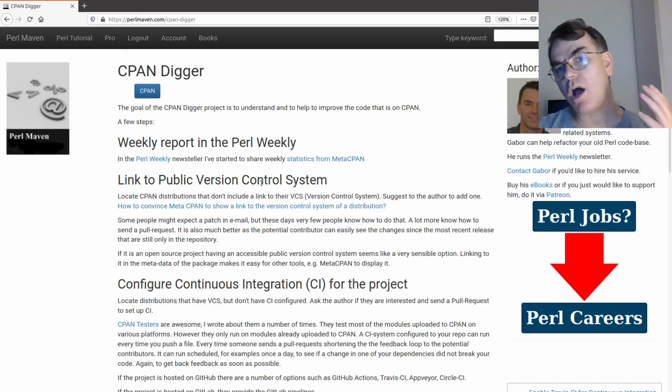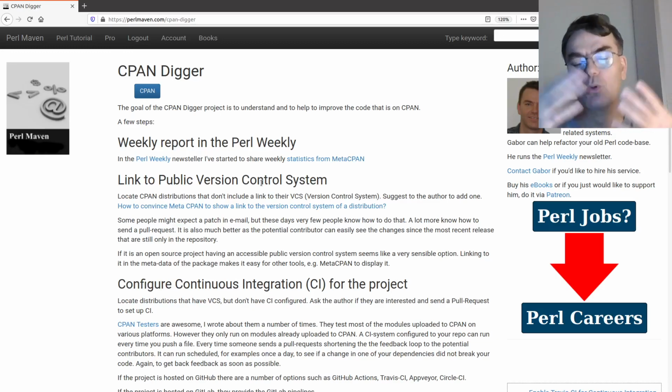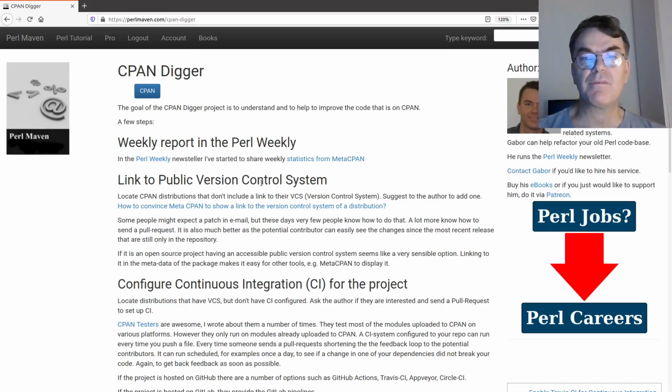So when you upload a module to MetaCPAN, there can be some meta information, a meta JSON file, and you upload actually the module to CPAN to PAUSE. That gets then displayed on MetaCPAN, where you can see the link to the version control system of this package. So if you visit